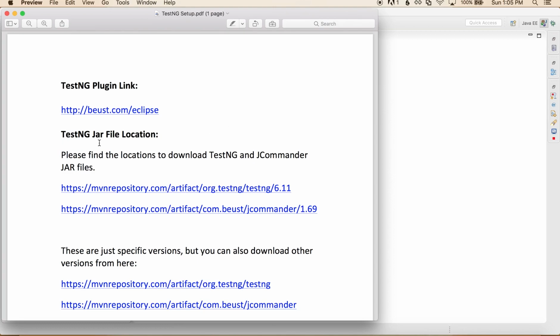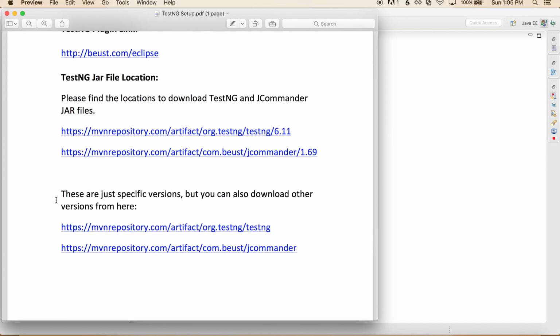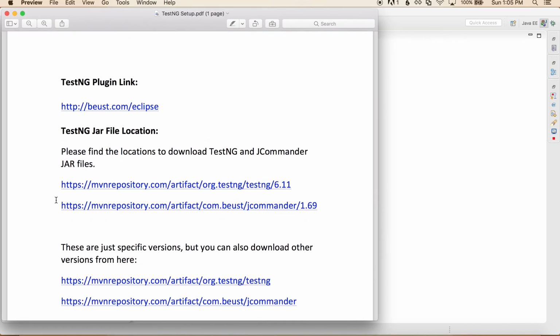So I have provided the jar file locations. These initial two links are the current versions, and at the bottom is the main location for those jar files, and from there you can download other versions also. But I usually suggest to use the same versions as I'm using.